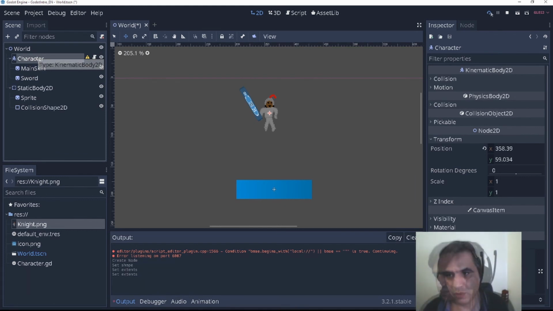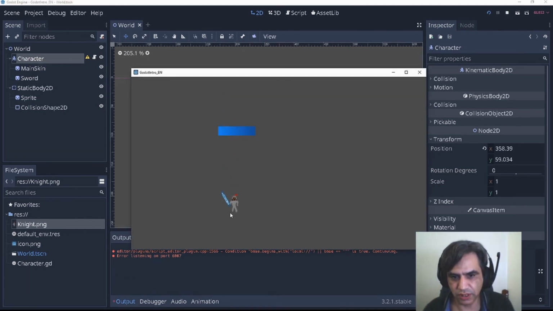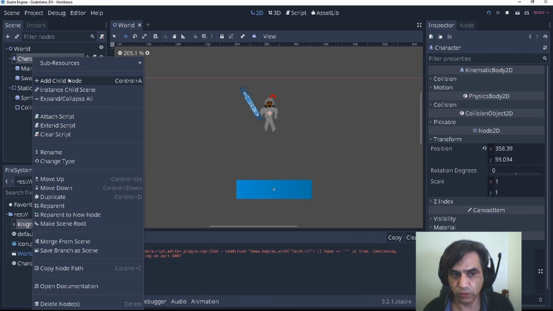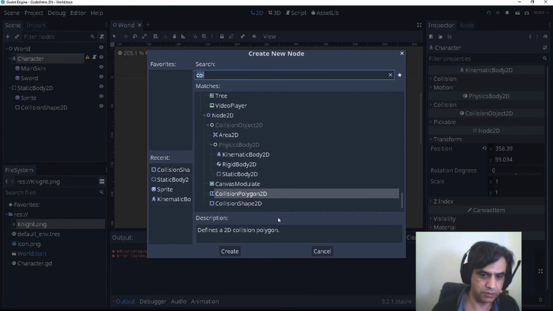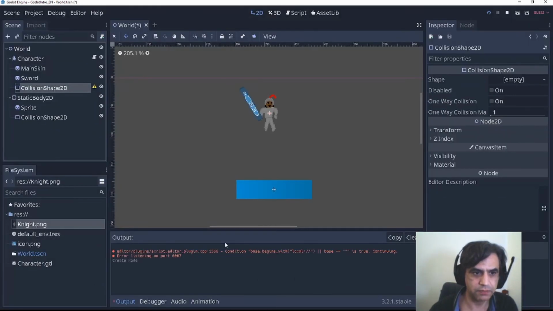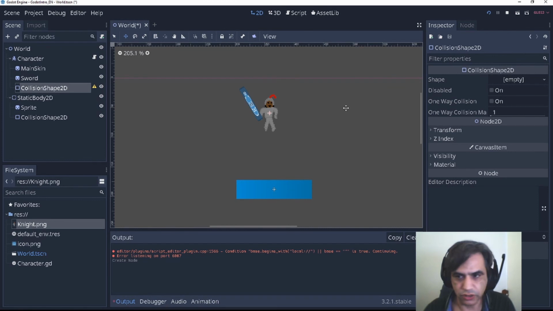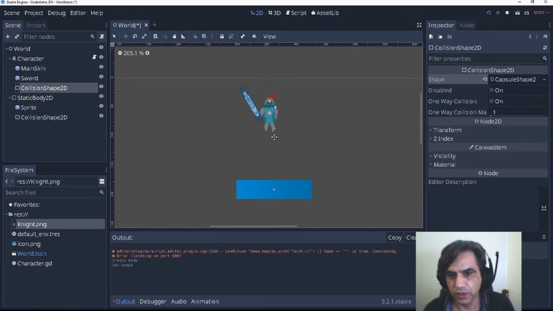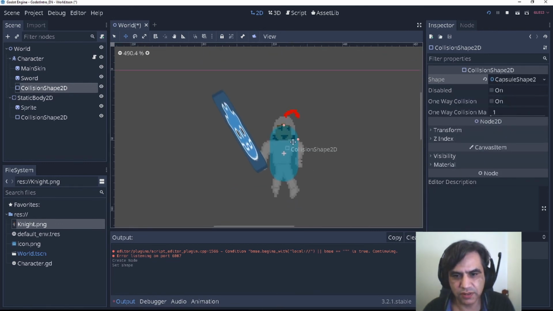I know. You will see, so if you try this, you see that it's still falling because our player also needs a collision shape. So we are going to add a collision shape, create one for our character. And usually for the collision shape, I prefer to use one that is called a capsule. It makes more sense to use a capsule. We want to have something like this.